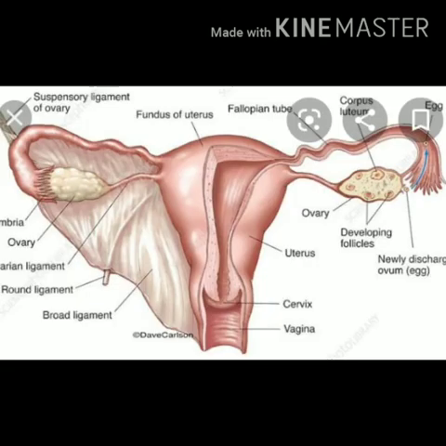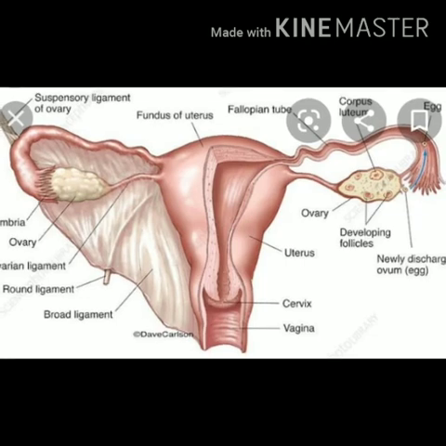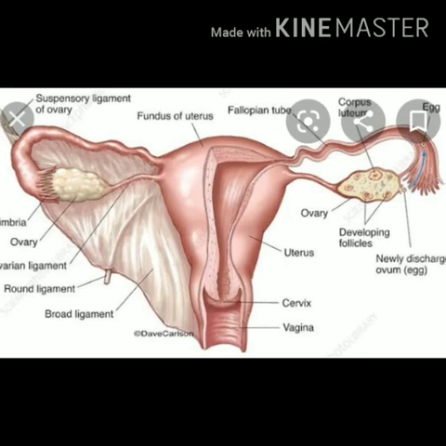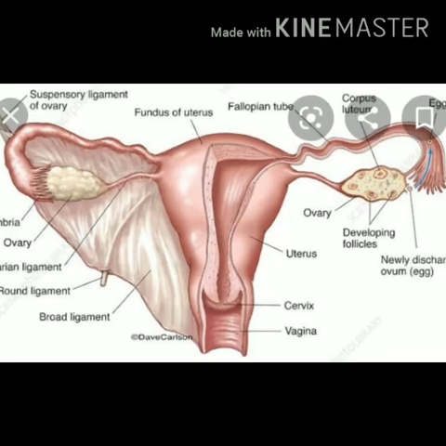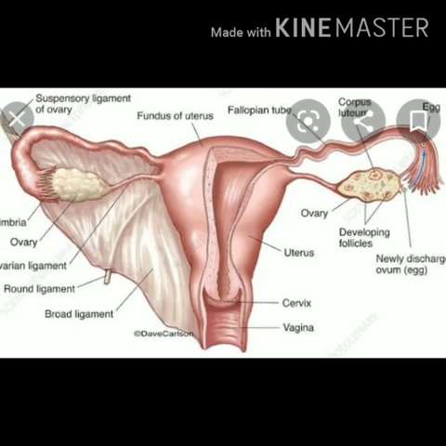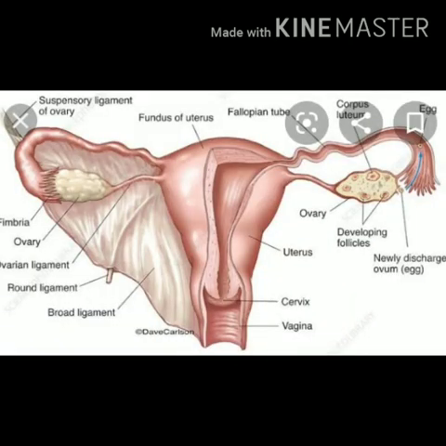Now, the structure of the uterus. The uterus is a hollow, pear-shaped muscular organ situated in the pelvic cavity of females between the urinary bladder and rectum. It has a thick uterine wall, whose inner layer is called the endometrium, and the endometrium is richly supplied with blood vessels and secretory glands. The uterus can be roughly divided into an upper broader portion, that is the corpus uteri, where the developing zygote implants itself into the endometrial lining of the uterus.